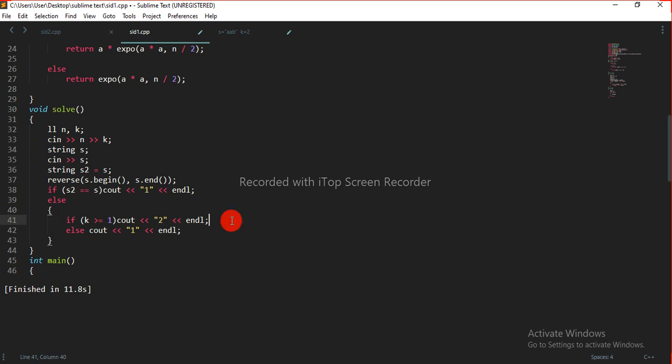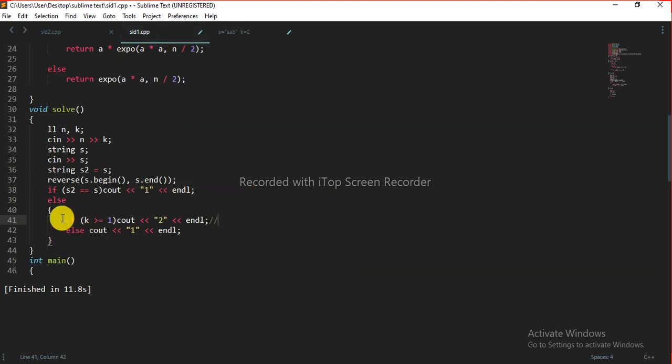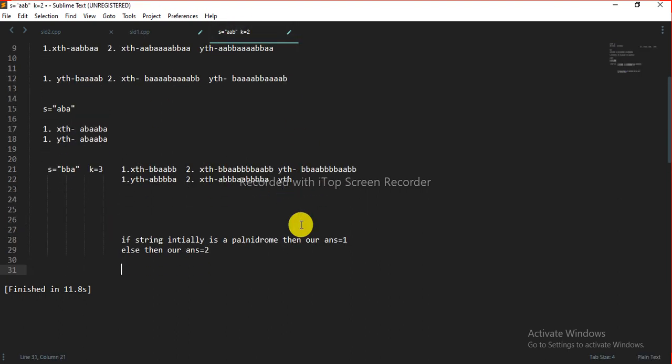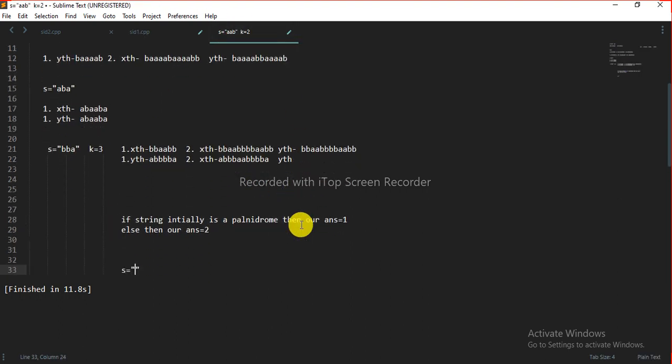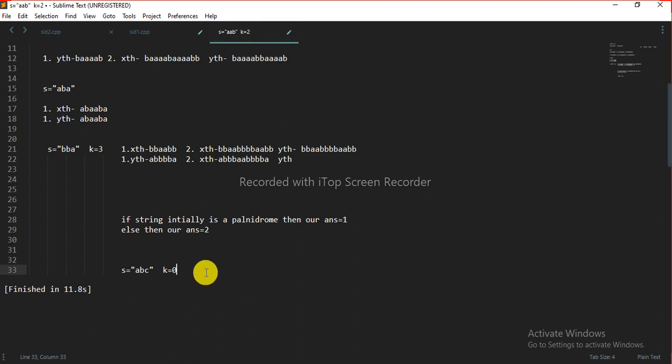For this, I can take one more example to explain why we are using this condition. For example, if string s is equal to abc, which is not a palindrome, and k is equal to 0, okay, k equal to 0 is also possible. So if k is equal to 0, then the maximum different strings we can get is 1 only.